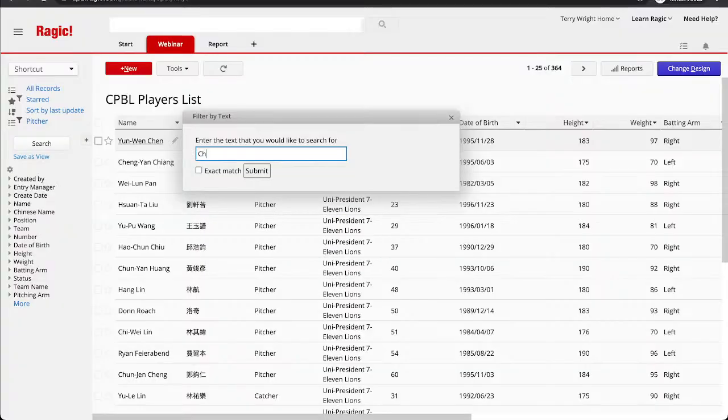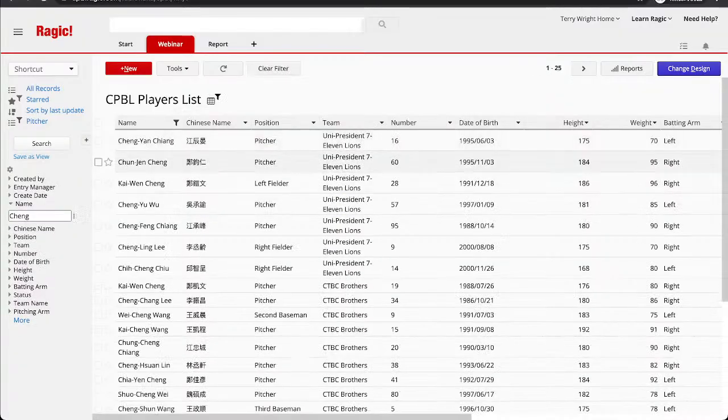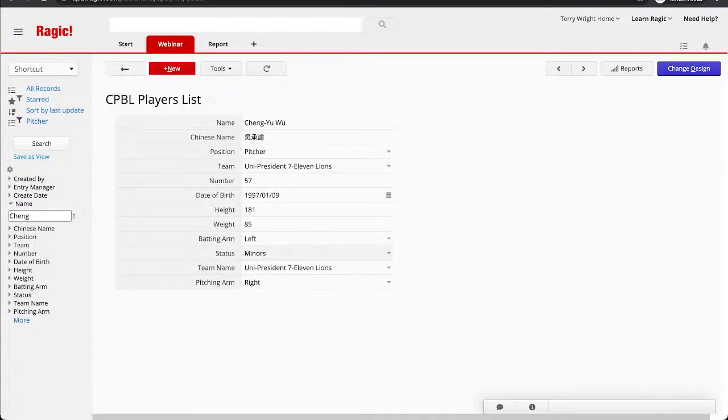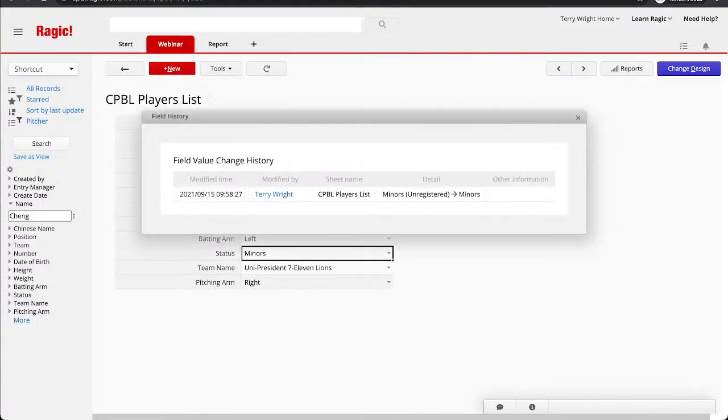Just filter by this person. And this person, Cheng Yu Wu. Right now he's in the minors, and there should be a field history. I've just moved him from minors unregistered to the minors, which was just like a minute ago. So this one is done on the